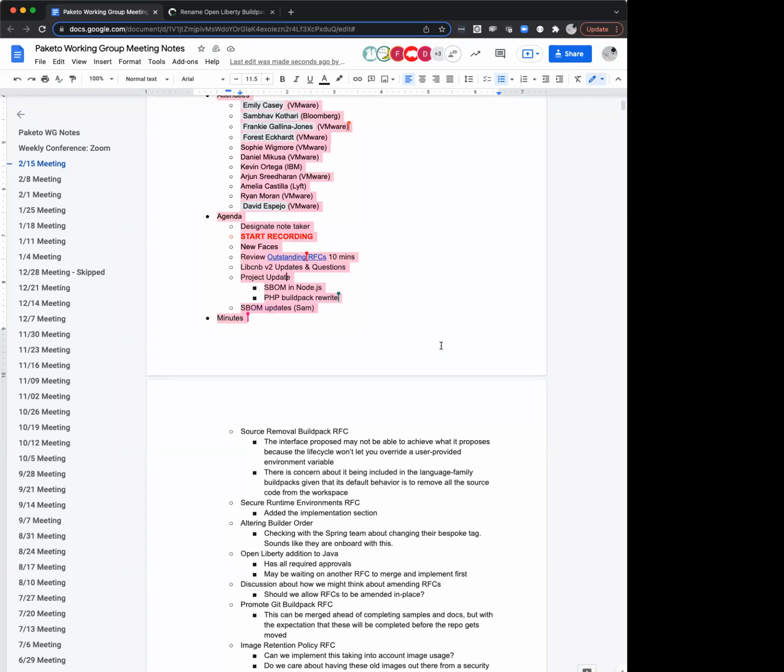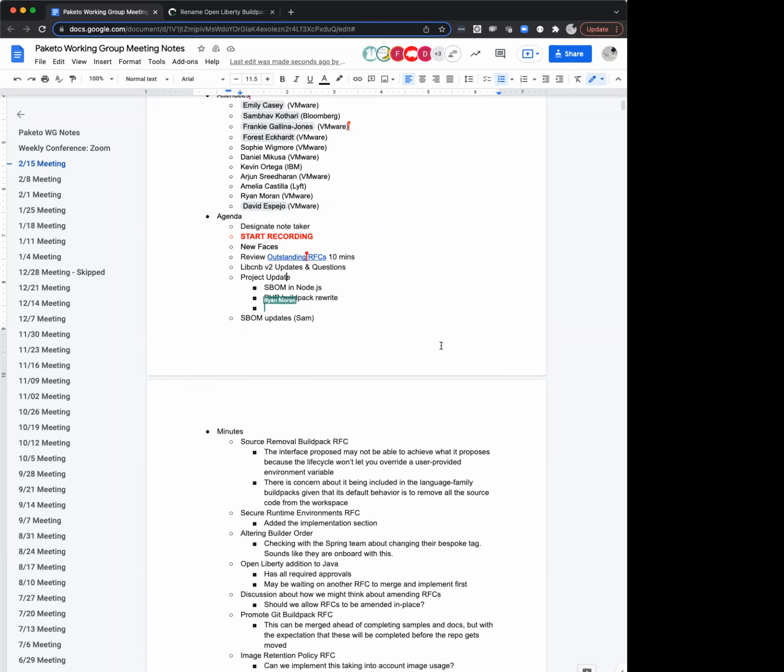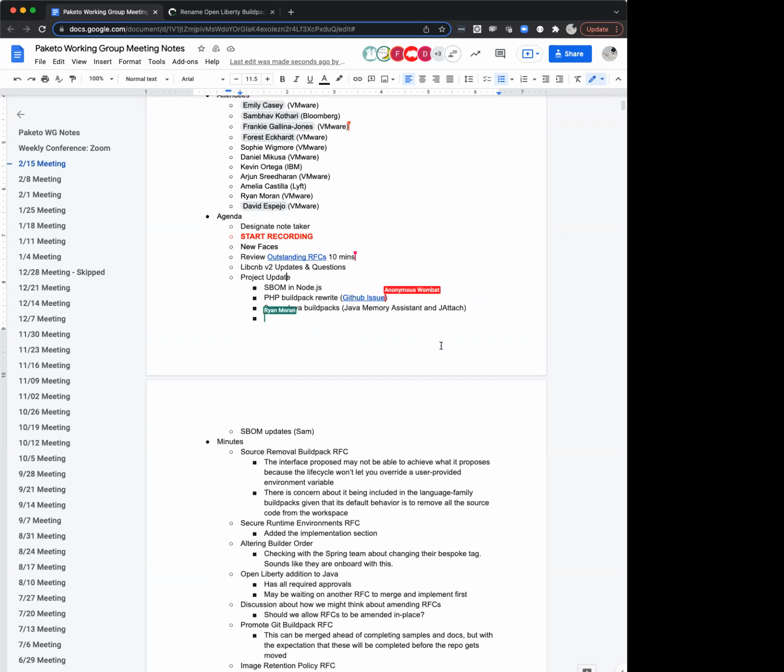We added 2 new buildpacks on the Java side. There is Java Memory Assistant and JAttach, which are different tools. These are from an RFC that we're wrapping up, I think it was 3 or 4 of the Java buildpacks RFCs. JAttach is a tool that you can use to connect to the running JVM. It is the same implementation as JCMD, but that's only available in a JDK, so this just helps you get access to that stuff. And Memory Assistant is like a scheduler you can use to have heap dumps generated on different intervals.